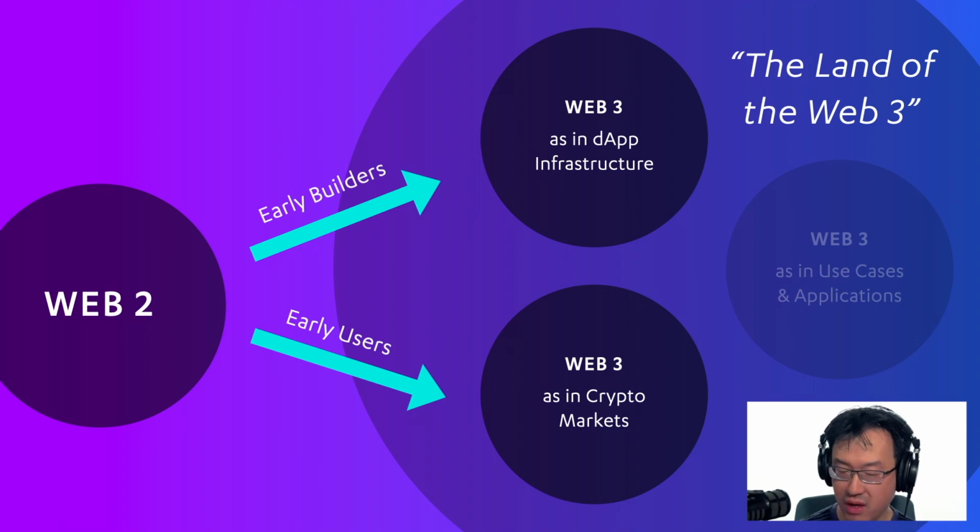At the same time, if you think about the early builders, there's really not much to build if you're just trading Bitcoin. You can build an exchange, you can maybe build a wallet. But most of the real building that is going on right now for the builders is actually going into the dApp infrastructure. I build a decentralized finance protocol, lending protocol, insurance protocol, an NFT marketplace. These are all only possible because of the programmability that Ethereum added to Bitcoin, and Solana and other things have